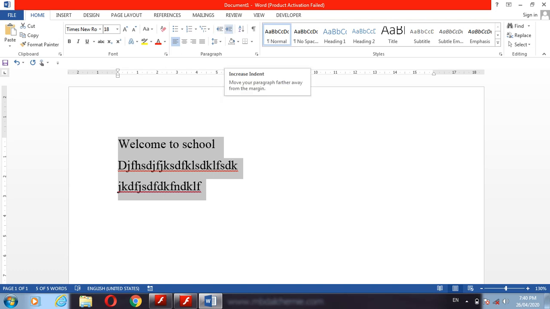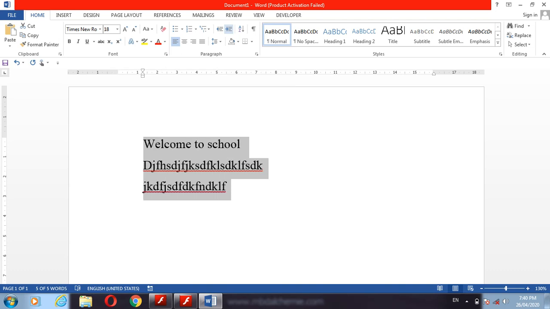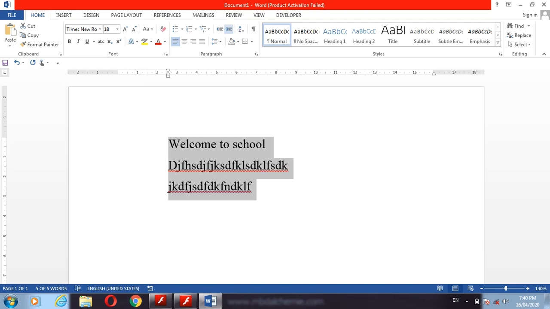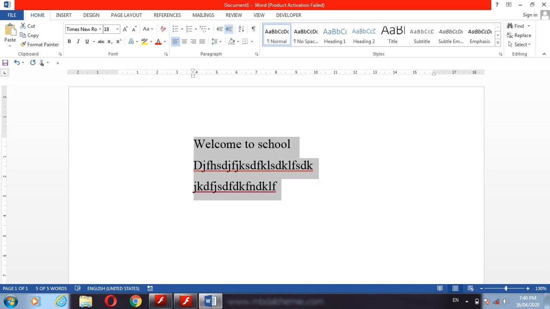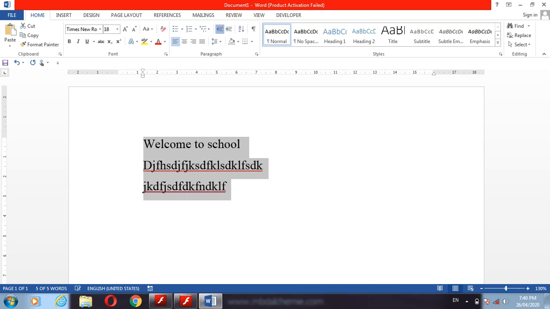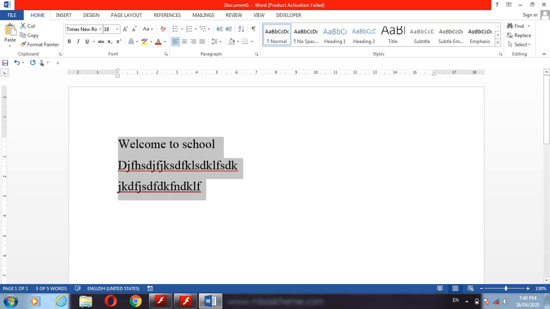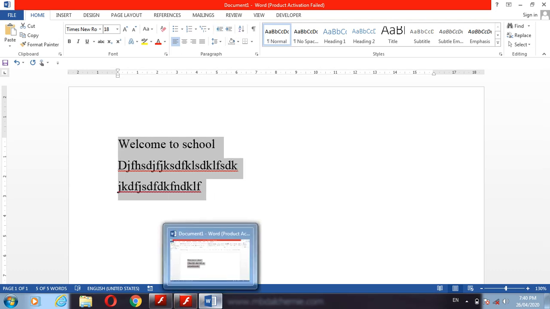What is increase indent? It moves your paragraph farther away from the margin, just like this. In this way you can change the tab indent. It takes a 1 inch size, just moving from your left margin. So in this way we can change our tab indent in Word. Now next,